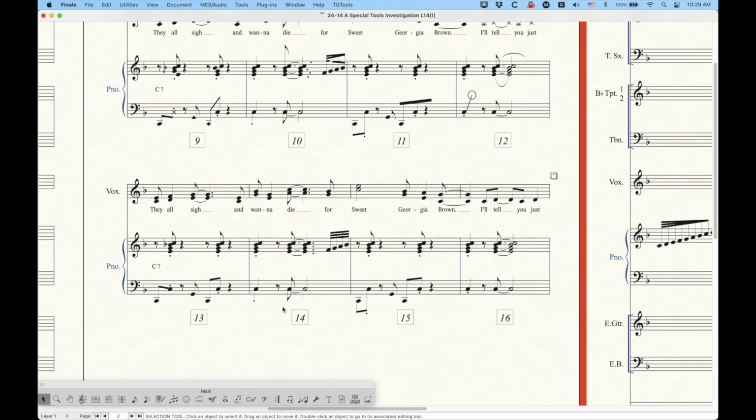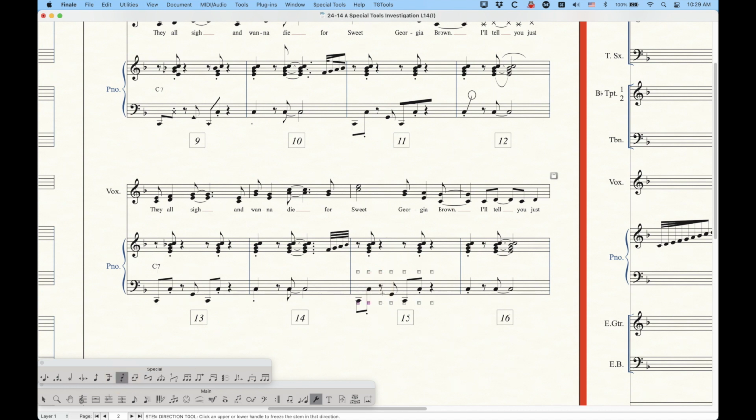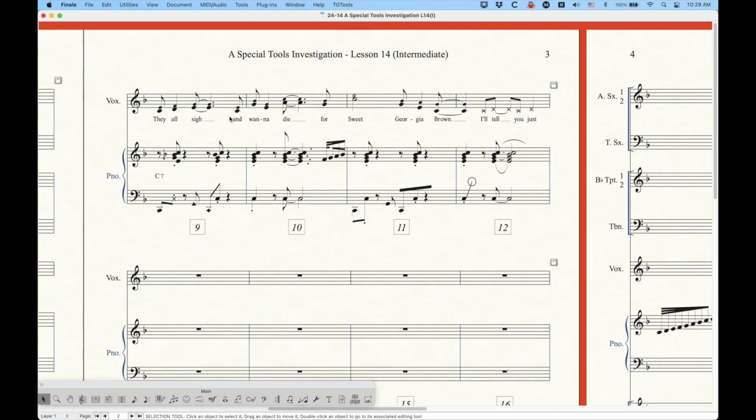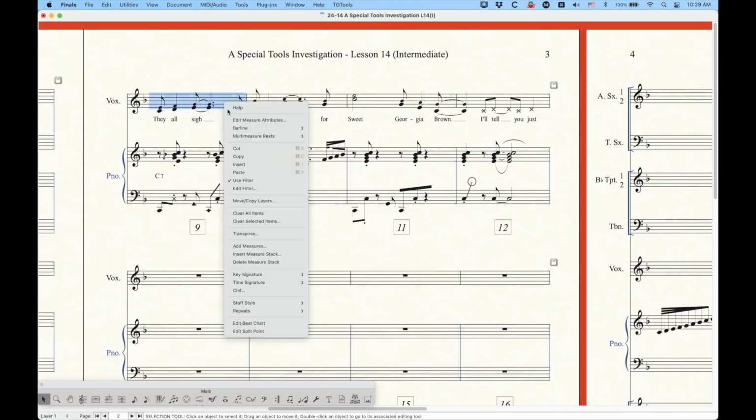With 2 exceptions. There are 2 tools that for some reason do not get undone with this copy and paste filter. The first is the stem reversal tool, which you'll notice here. That's the stem reversal tool. This one alteration of this reversed stem doesn't get undone, so you would have to fix that manually. The other one is the stem direction tool. Stem directions do not get undone with that filter either. So you can see that these 2 stems right here are frozen downwards instead of upwards. So with a couple exceptions, this will basically undo everything that you have here just by deselecting that in the